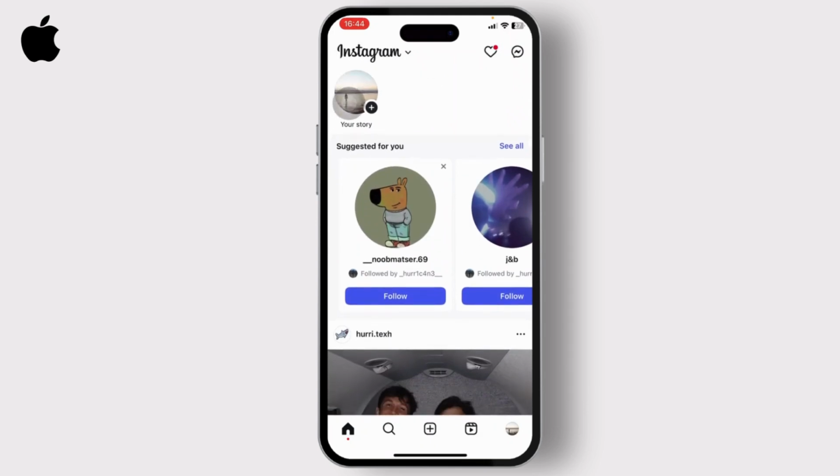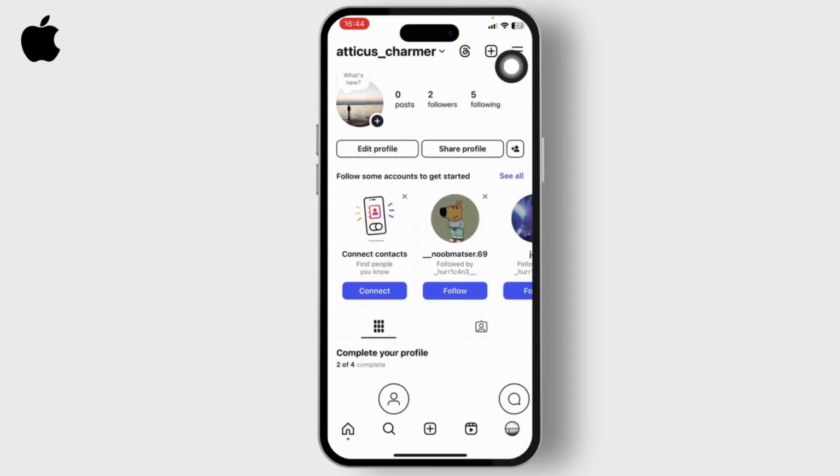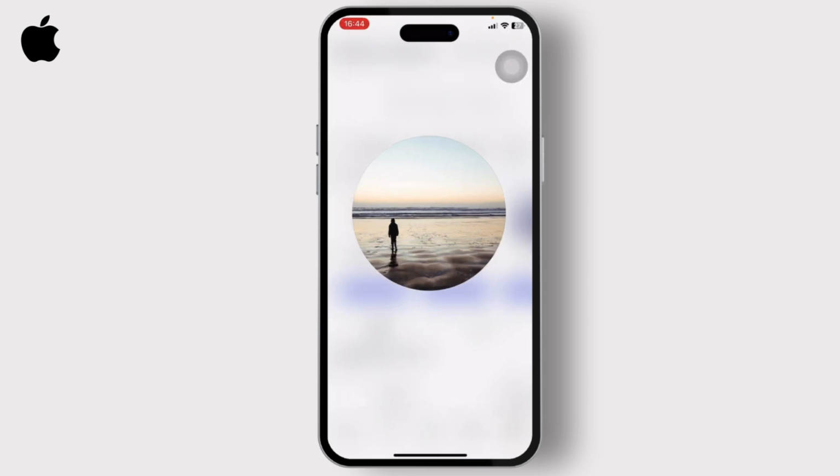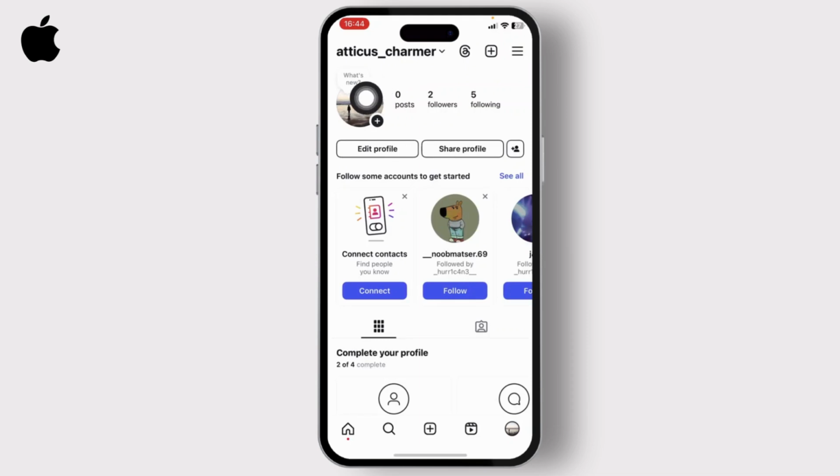After you open up your Instagram, if you head over to your profile, you'll notice that whenever you long press on your profile, it'll just zoom in your picture. Now you can zoom in and zoom out. Now, if you don't want this to happen to your profile, if you don't want other people to just do